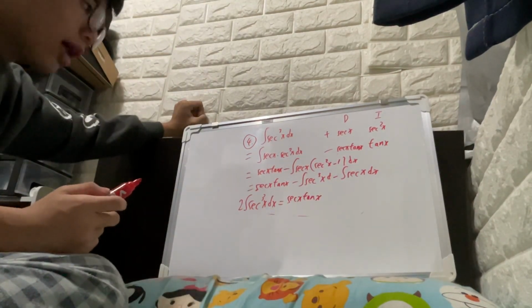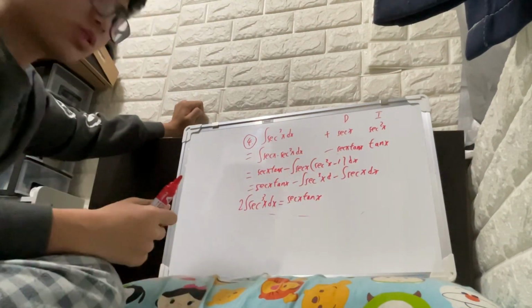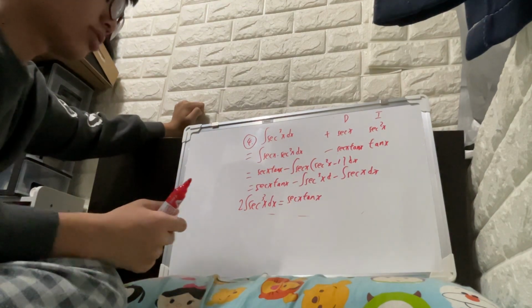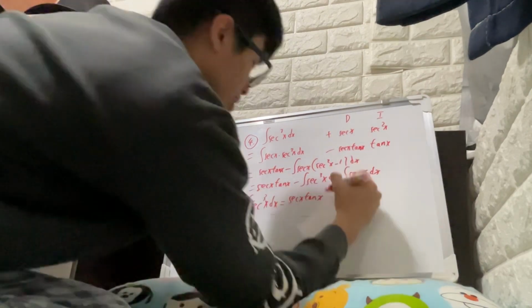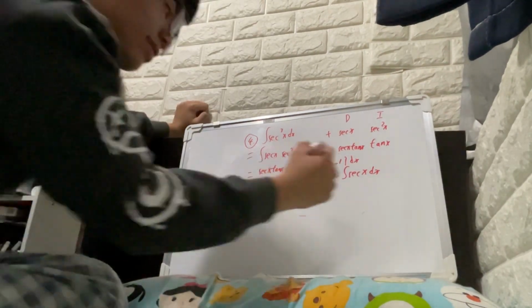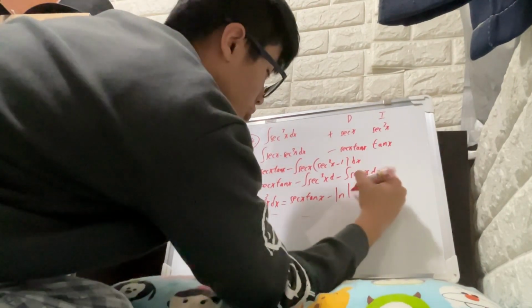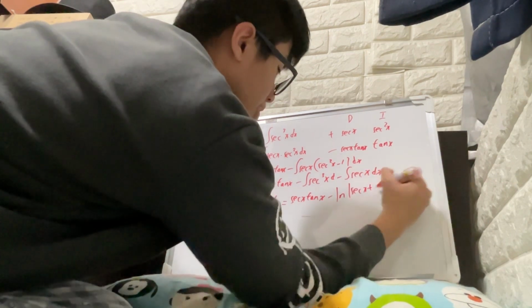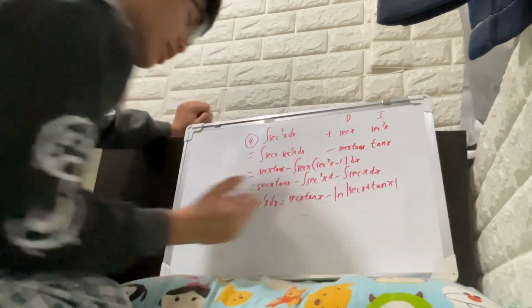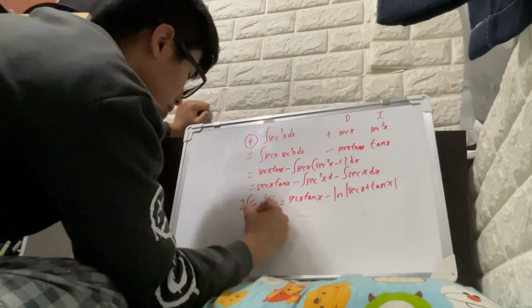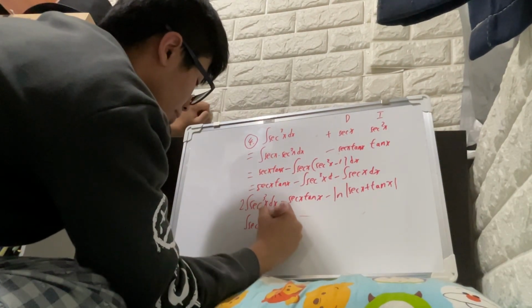If you don't know how to integrate secant x, you can check my other videos on how to integrate secant x. And this is negative, still negative, and then ln absolute value of secant x plus tangent x here. So we can divide by 2 on both sides, so you get the integral of secant to the power of 3x dx